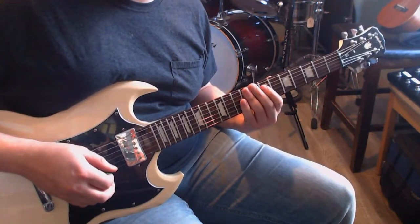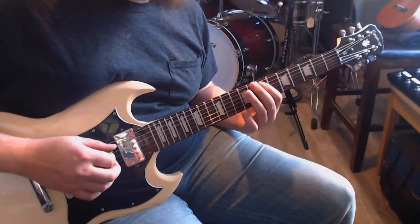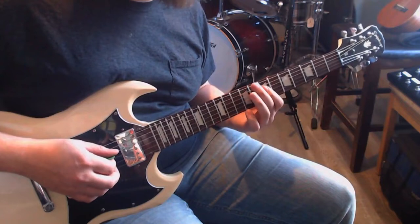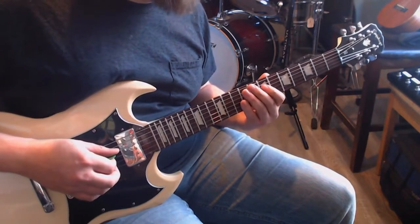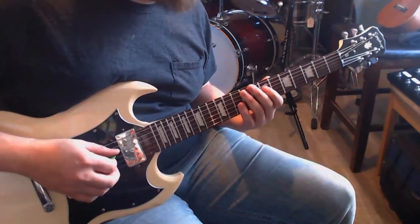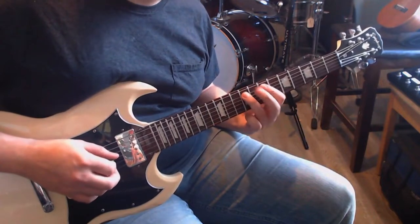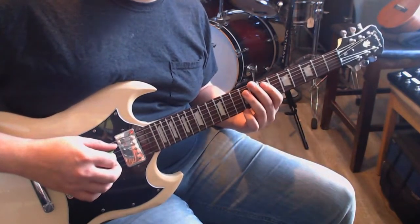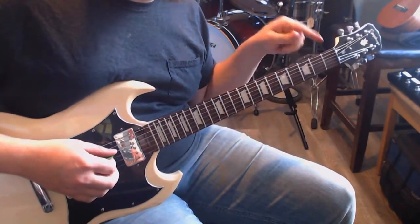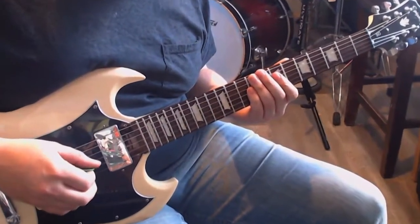Now a little change here. We go 7, 9 on the A, and either hit the chord, but we're focusing on this note on the D string, the 7th fret. Repeat that, except for now we hit an open A. We move down to the A chord. It's the same kind of rhythm. So that first half of that first phrase is